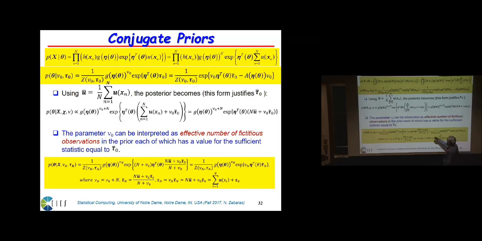Looking at the term inside the parenthesis, can somebody guess why I used the notation mu zero tau zero bar instead of just tau zero? I said it will make the equations look nicer. Why did I, instead of tau zero that I had, put it as mu zero tau zero bar? Can you look at this expression and see what the reason may be for that? What is the summation of u, right? If I divide this by n, it is the sample mean of u's, right? So this term is n times u bar. You agree? Where u bar is the sample mean. So I wanted to have a similar form, because one of the nice things